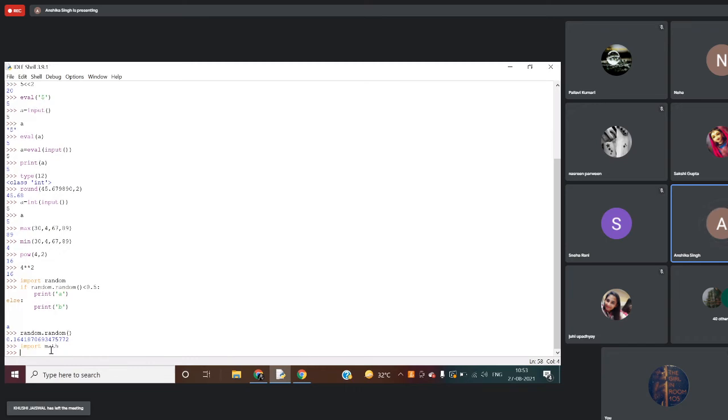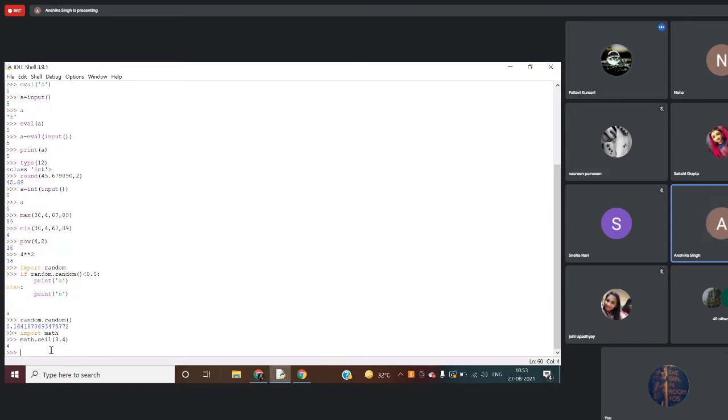In case of ceil, you will use math.ceil of 3.4. So what will be the answer? Tell me. Greater than or equal, so it will give you 4. In case of floor, it will give you the value less than, so for 3.4 it will give me 3. Right?